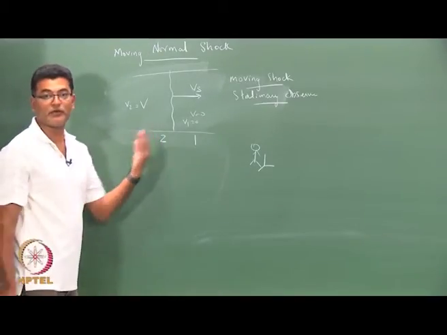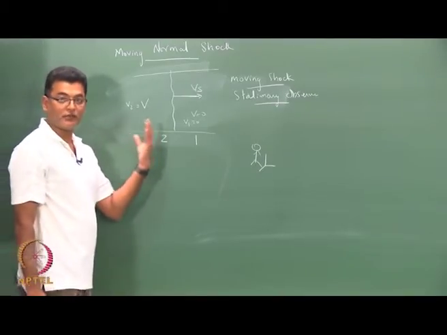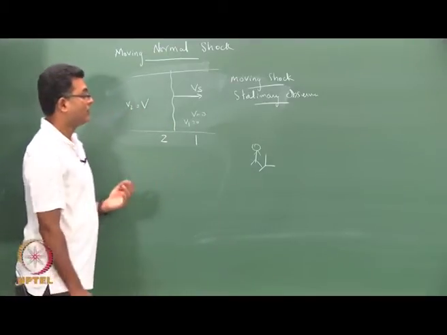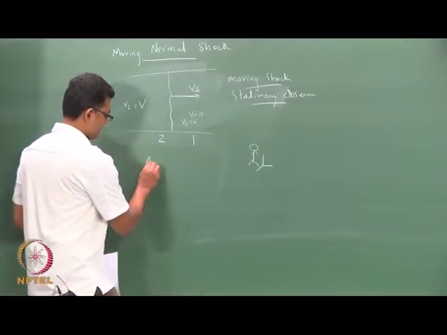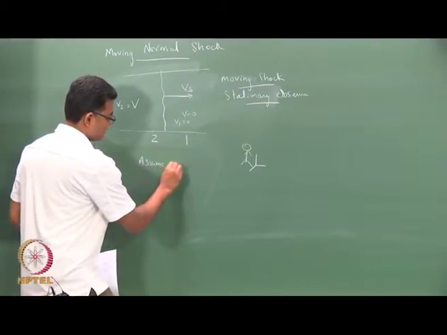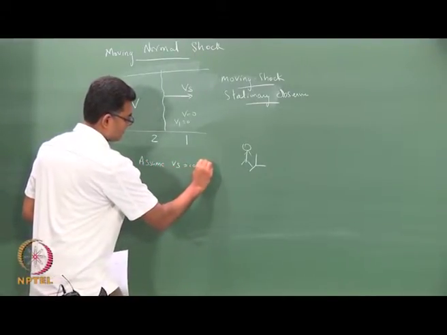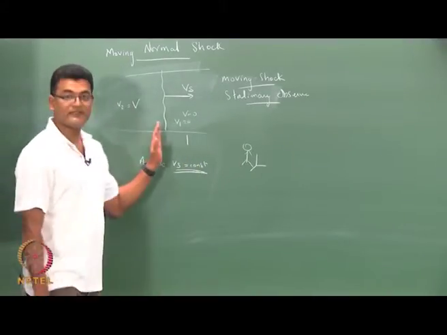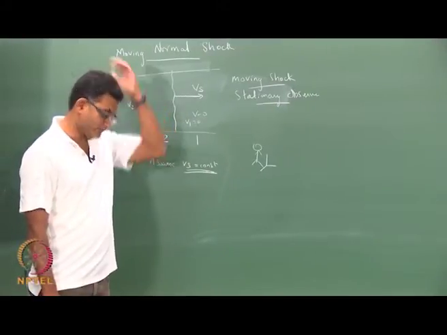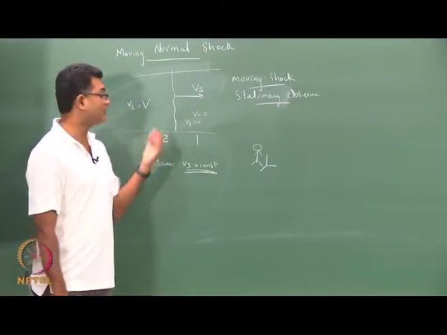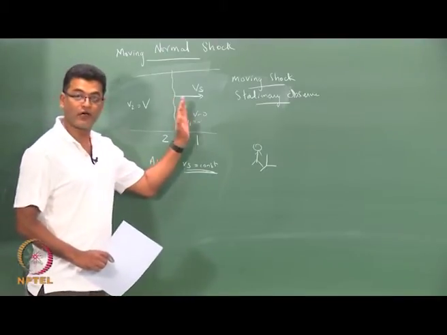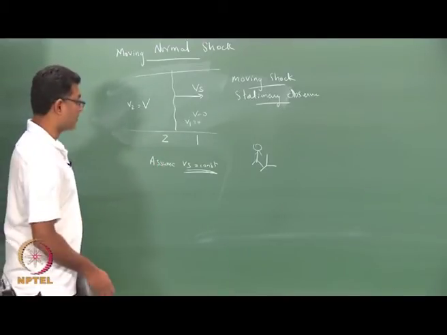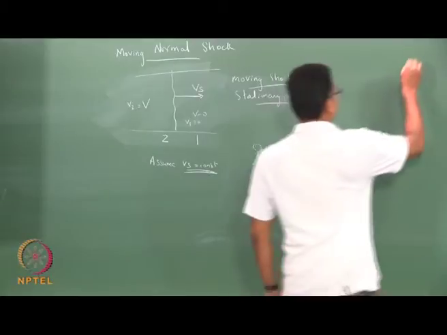So, this is an unsteady problem. I have a shock moving and a stationary observer. I see the shock that is moving across. Now, Vs is constant, or I have a uniform velocity. In that case, like what we have done when we derived our velocity of sound, I can have an observer that moves along with the shock and convert this unsteady problem to a steady problem.